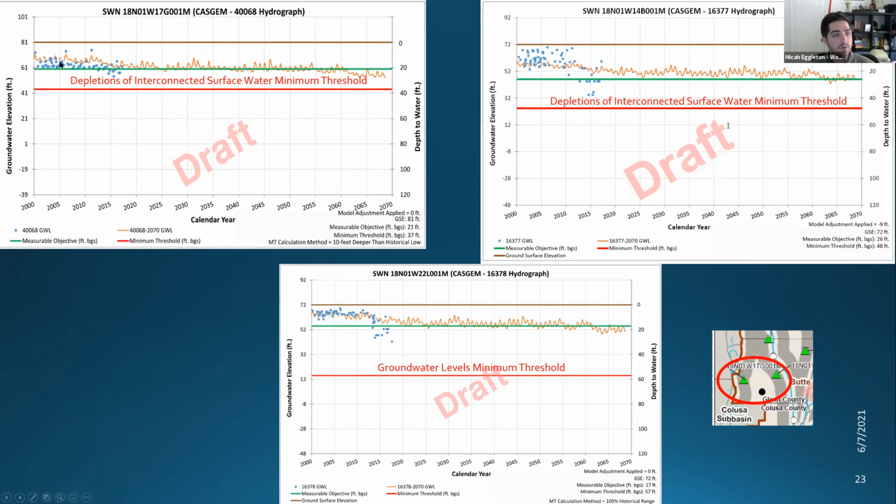scale. You know, we're going from, say, in 2000 to 2005, we're around 70 feet roughly. Well, here we're around, I don't know, upper 50s here, but that's over a 60-year period plus. So even though there is a slight decline, the way the undesirable results and the conditions in the basin, that doesn't necessarily mean this is a bad condition. It just means water levels are a few feet lower than where they were 50 years ago.